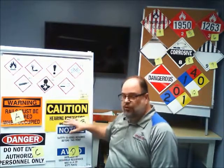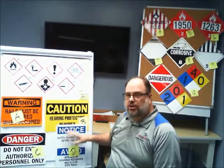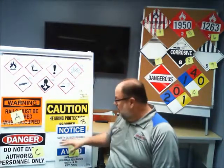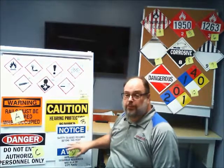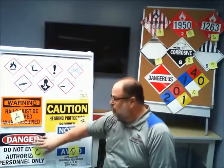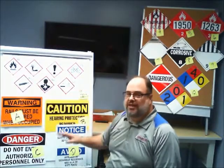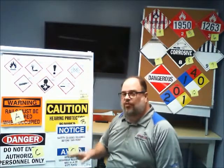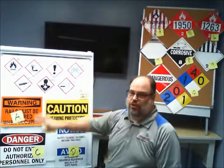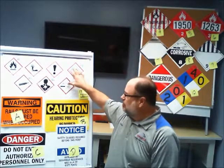Caution. This is going to give you information that you need for your personal protection, for your personal safety. And then lastly, notice. Notice oftentimes is going to convey to you policies and procedures that you're expected to follow. In this case, it says safety glasses required beyond this point. It could say no admittance beyond this point. So, danger, most significant. Then warning, caution, and notice. You see these signs with these headers, you need to pay attention to the information on them. We are going out of our way to communicate to you the hazard that's associated behind this particular area of concern. All right, last up, we're going to take a look at 7 out of 9